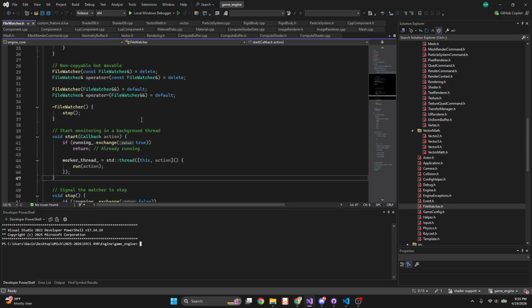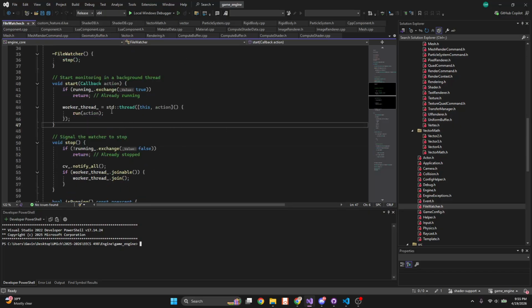So from last week, the most notable improvement that I wanted to make is that shaders are no longer manually compiled. So before, every time I made a change, I would go down to my terminal and run a compile script, and I no longer need to do that. Instead,